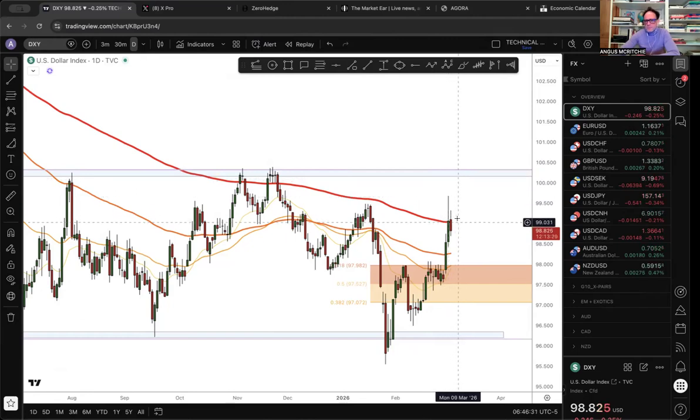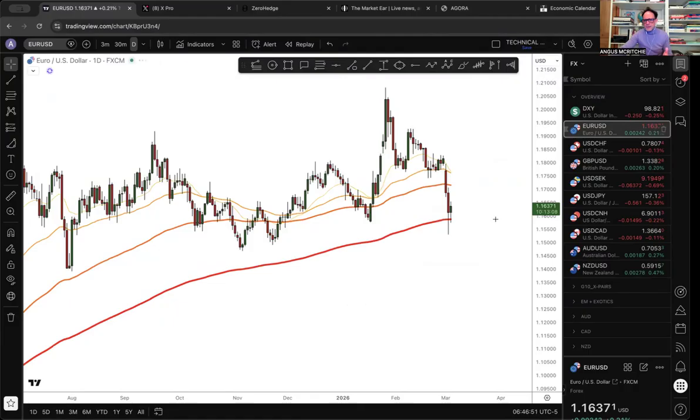Now, it's calmed down a little bit overnight. But basically what's happened is we have a safe haven bid for the US dollar, and you've got the yields going up, especially at the front end of the curve for the US. So those yields going up based on inflation fears because of increased energy is giving a bid, sort of flows going into the US dollar. Now, what's that doing? That's obviously pushed down all the other currencies. So you see here, all of the importers of energy especially have been hit. So for example, Europe, you see the euro's under pressure, bouncing off the 200-day here.